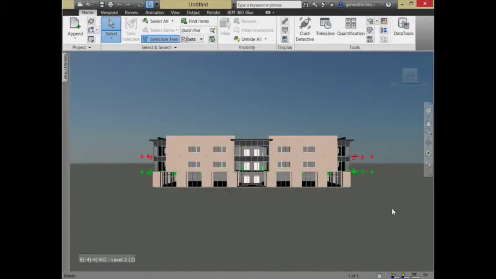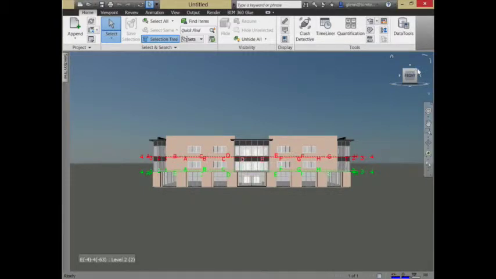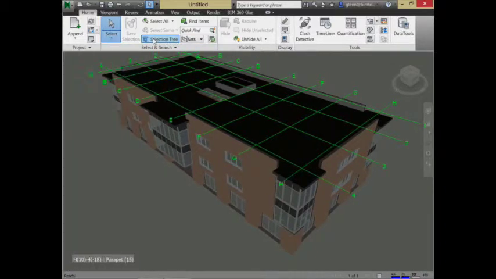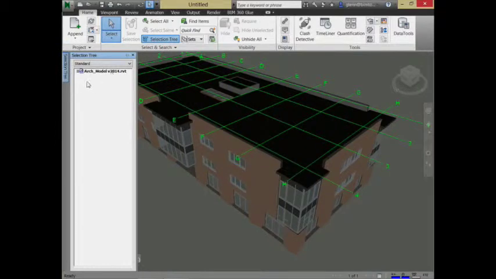There it is. Not looking too bad. Okay. Now, there's actually a tree that shows all the things that are modeled. I can open the little selection tree. You might have to click this button to bring it open in the first place, but there's the